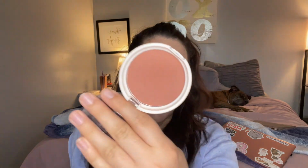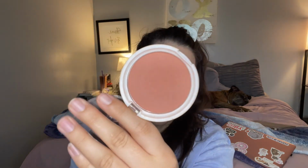But anyways, I do like this blush and I hate that I love it, which when I think of a guilty pleasure product, this is what I think of. Something you're guilty to love, but you just love, you know? So this is what I picked. I think I'm gonna do a 20 use goal with this. I'm not gonna try and use it up because that's a harder goal and I don't want to do